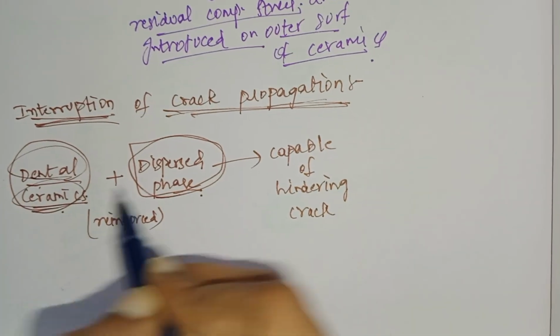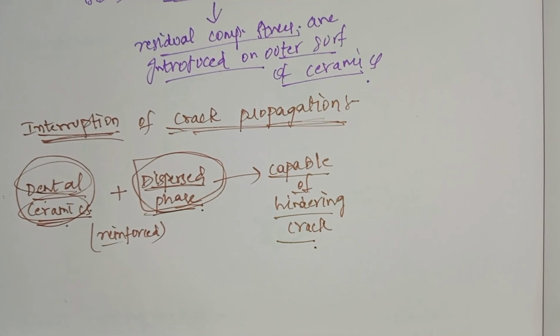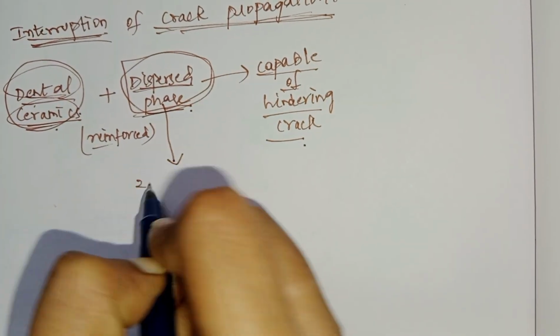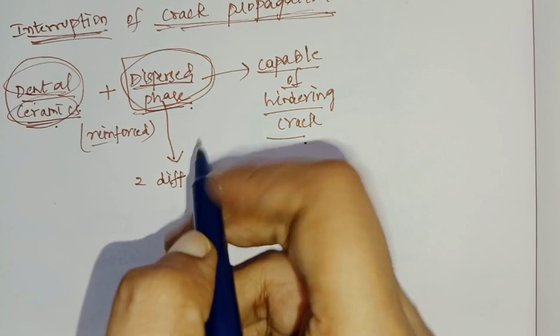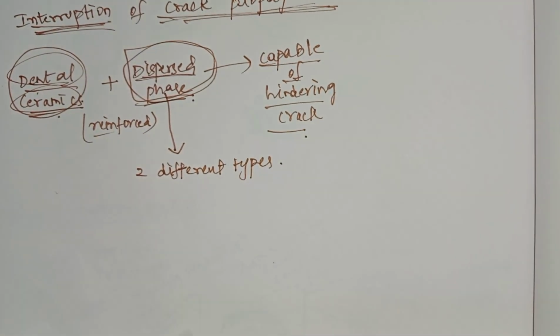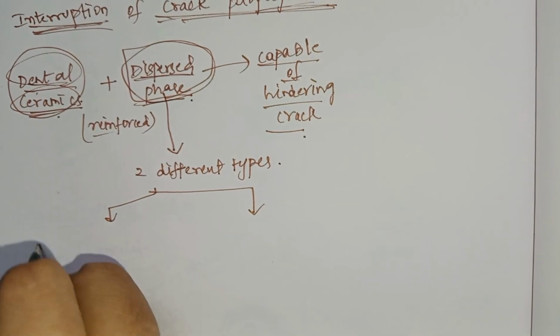Two different types of dispersions have been used to interrupt crack propagation. These two types, one is